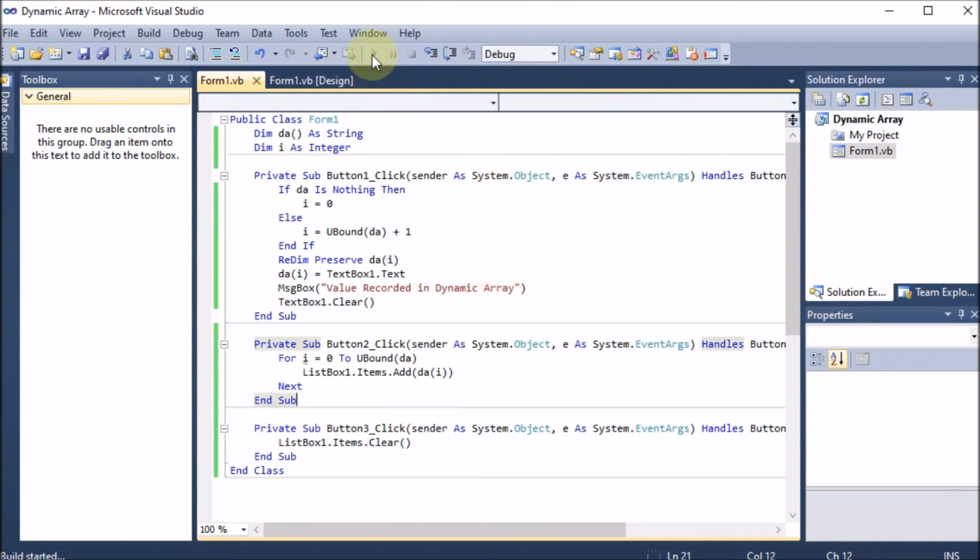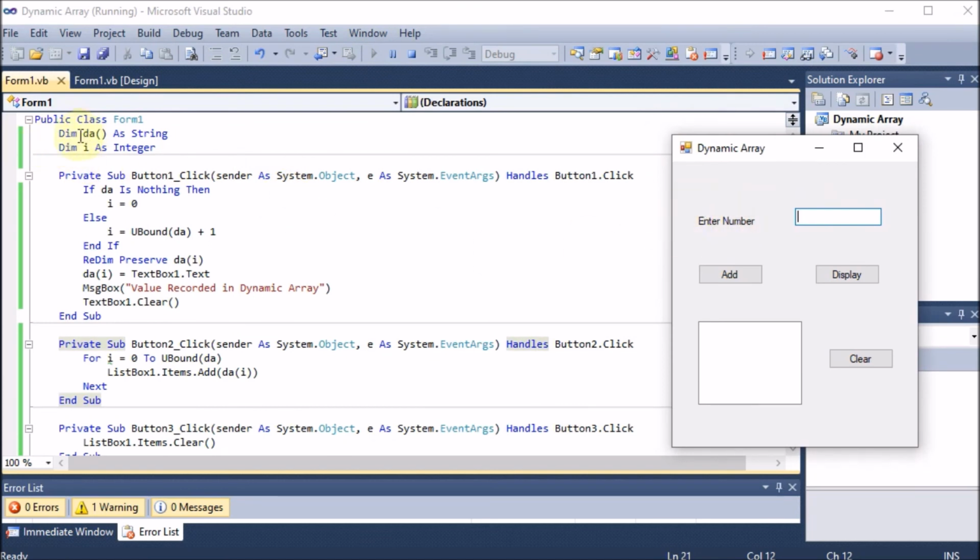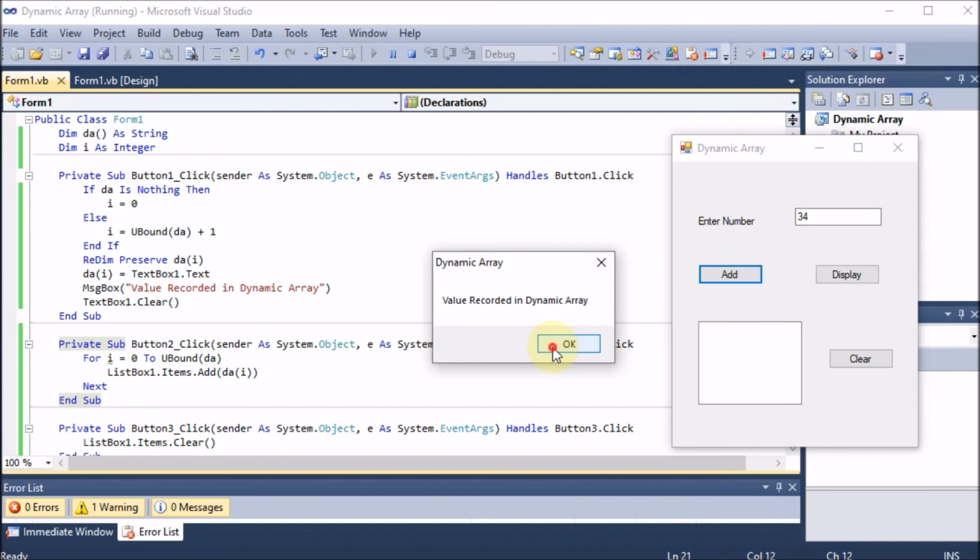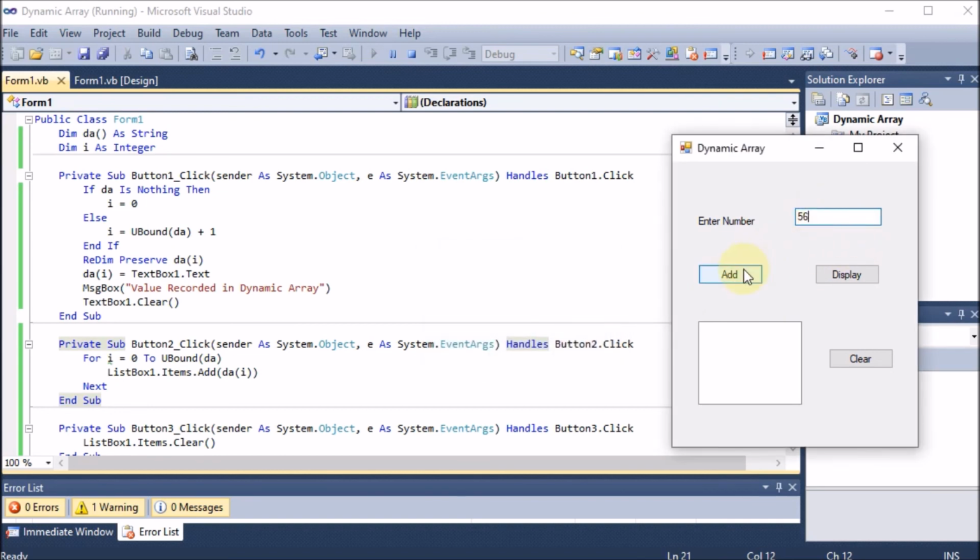Now if I run this code, after executing this code, first we have the dynamic array. This is created with no size, and one I is created, which is the variable. Then if I add a certain item and click on Add, the DA was nothing, so the first index was taken. At the first index we have stored this first value. Similarly we keep on adding values into the dynamic array. There is no upper limit because this is a dynamic array. There is no size defined. Let us suppose that after that I stop and click on Display. So all the values which I have taken will be displayed.